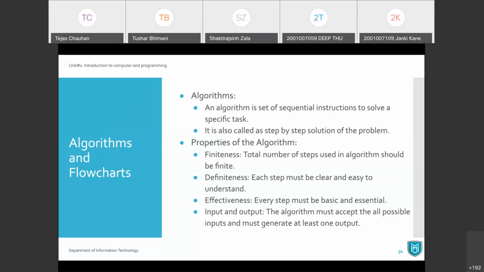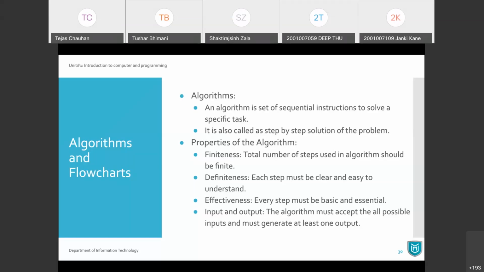And the last topic that we are continuing in this unit is the algorithms and flowcharts. We have started algorithms, and we have also started learning how we can write algorithms. Well, so again, let's quickly go through the initial part of algorithm and a few basic examples, and we'll continue for the next example then. So algorithm is nothing but a set of